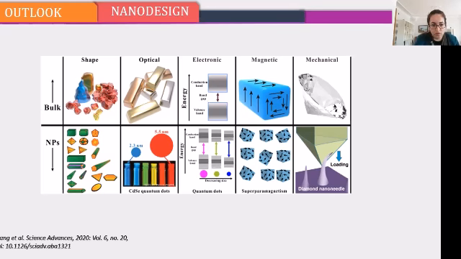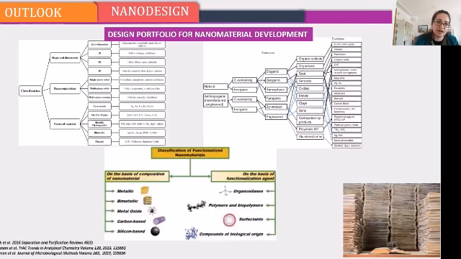So what happens when you try to choose? Let's say you need an optical material, which may need a magnetic property at the same time, depending on the application, but it also needs to be non-toxic. It needs to be surface modifiable, so you may need to modify the surface afterwards. So which nanomaterial are you going to use?